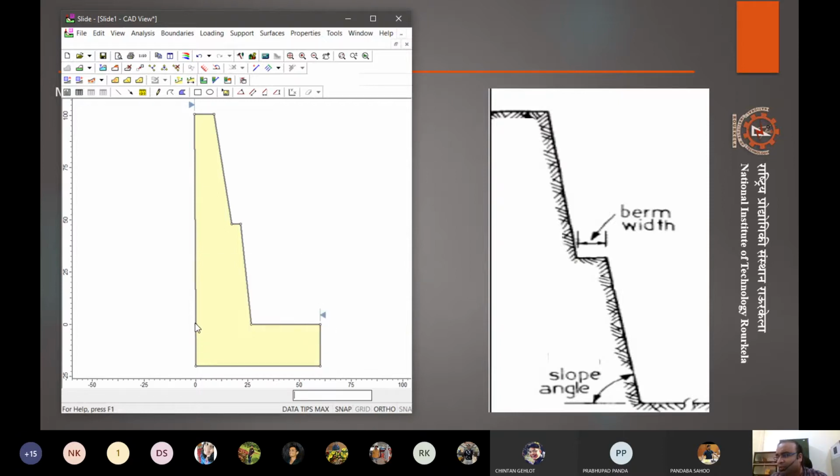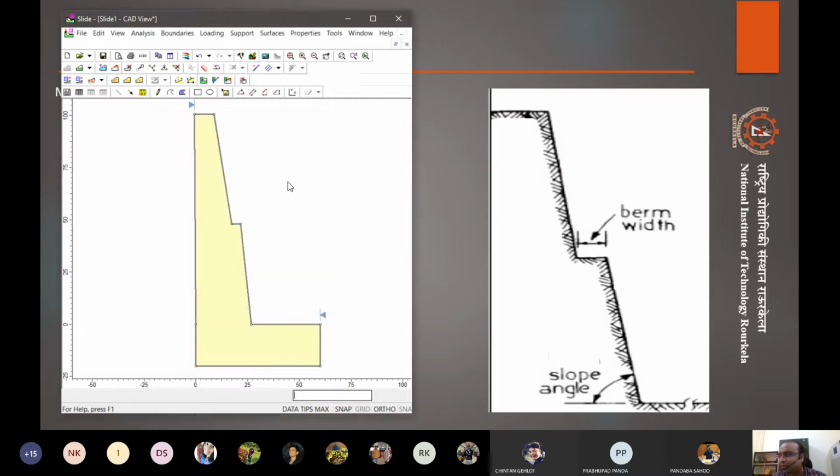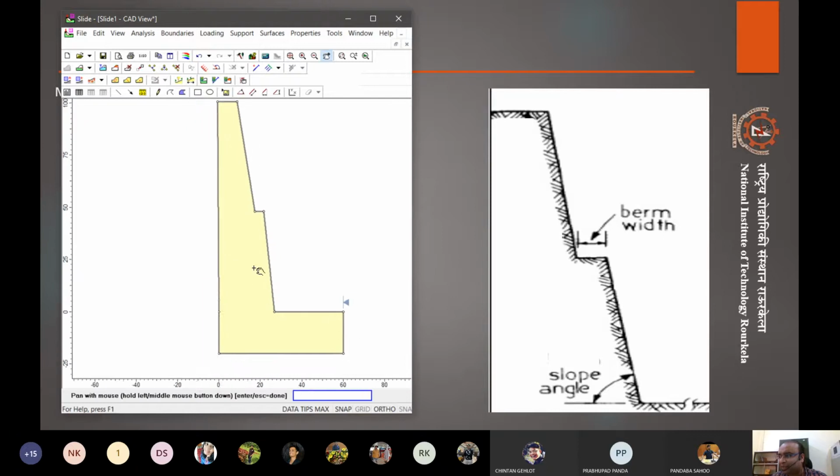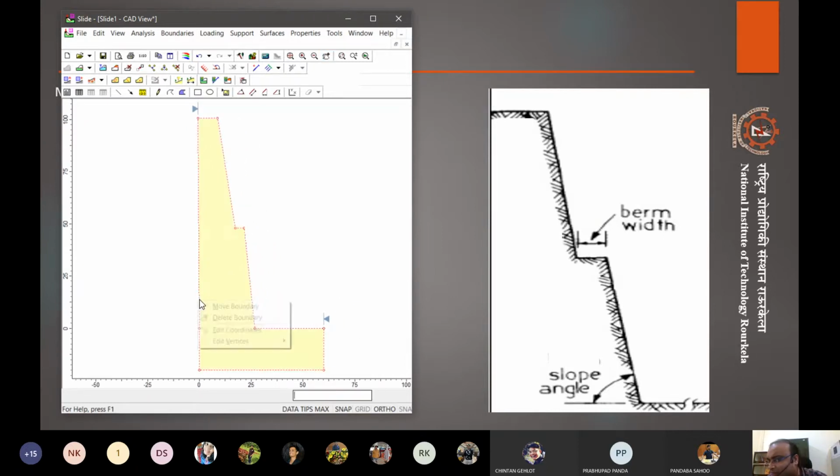So we'll improve this. Right now, I did this because we get the X and Y coordinates on a rough scale. Now what we can do is, we have these points, right?